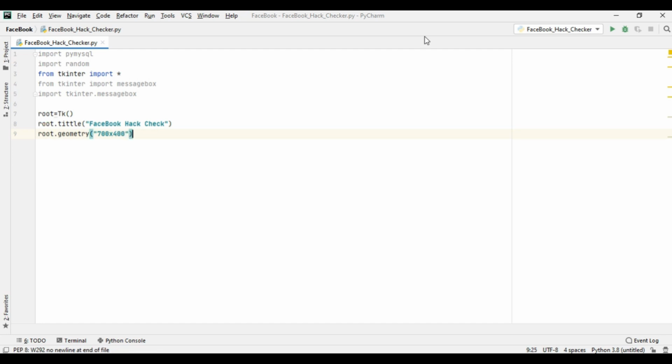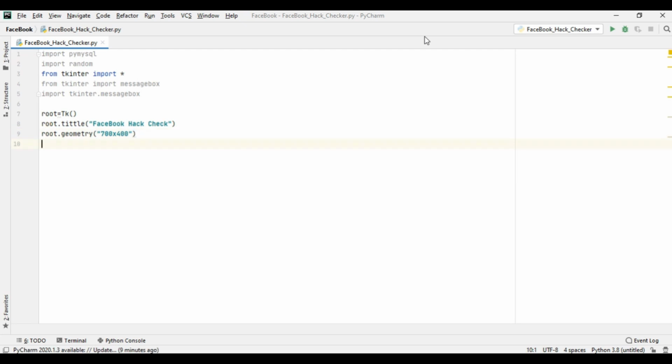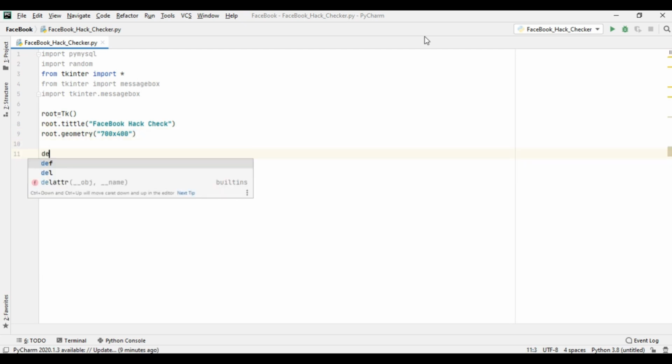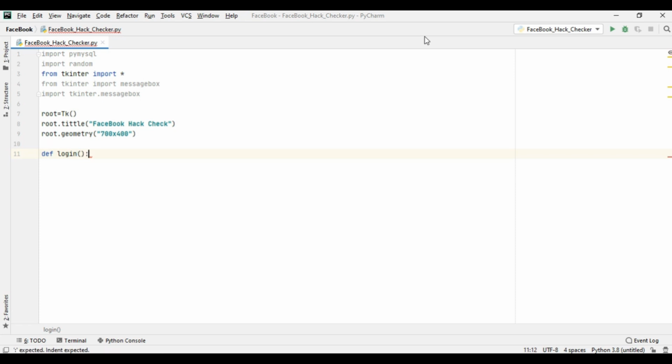It will be fine. Now I will write a function which will connect to the database. ulet is for username.